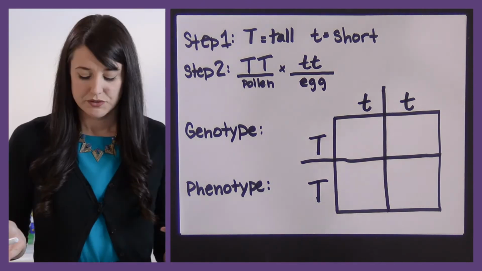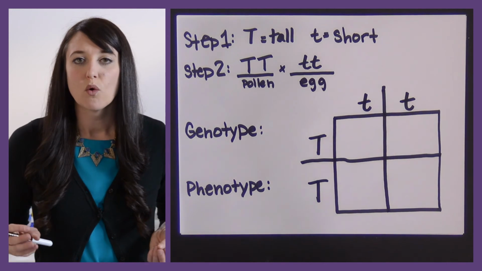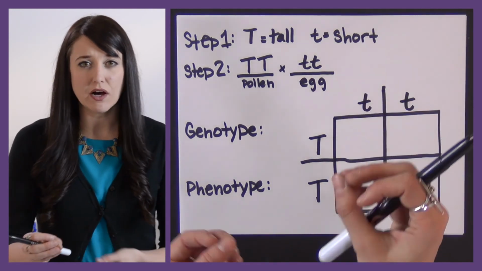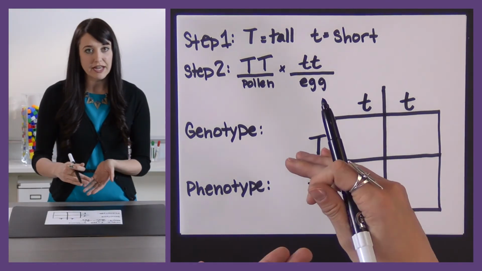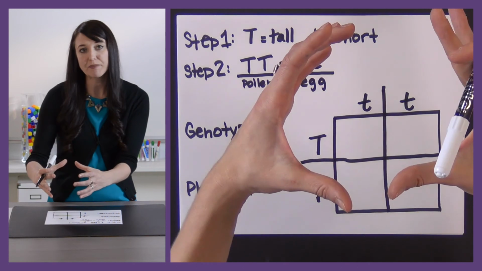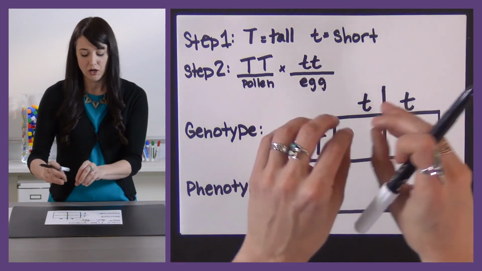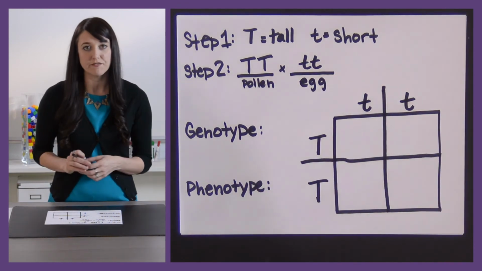Okay, so it's important for you to remember that it doesn't really matter which side you put the parents on, but you have to keep their alleles together. When I look at the left side, I can find the full genotype of one parent, and at the top, I find the full genotype of the other parent. We separate them just because they're only going to give one to the offspring. All right, so for the offspring, let's use red.